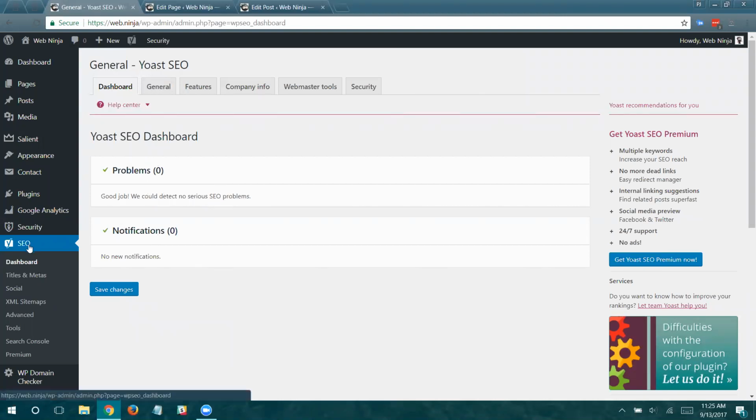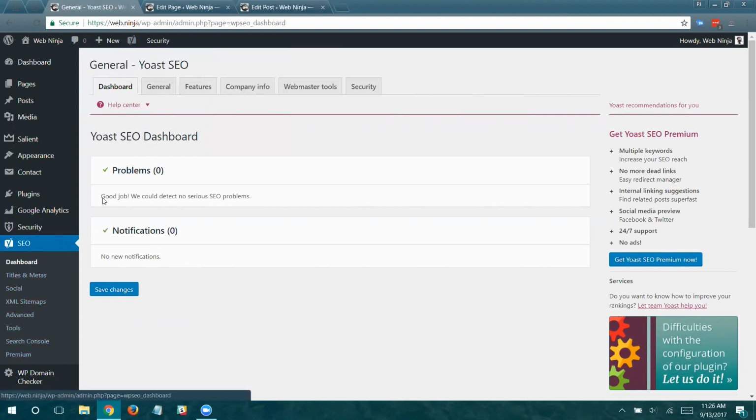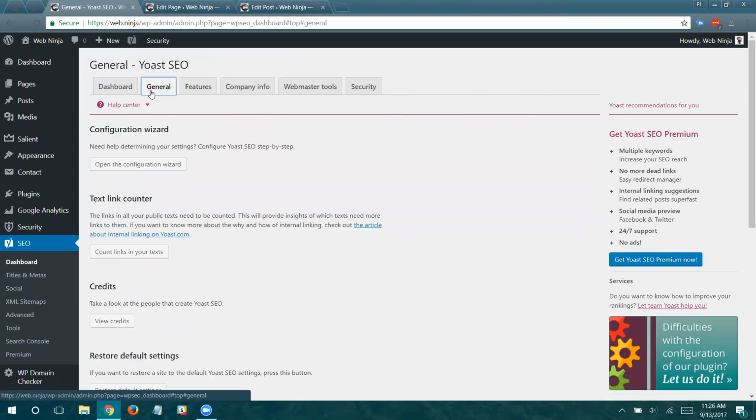So you can get that over here on the left, or you can also get some information up here with this little icon here. There's keyword research information, there's SEO settings, which is the same as all of these little menu items here.